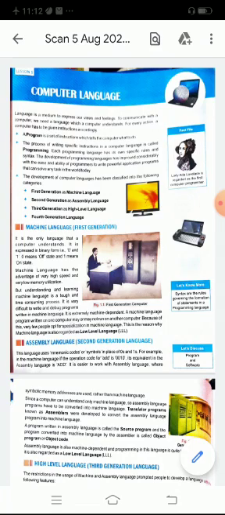First one, machine language, first generation language. This machine language is the only language that is understood by the computer. This language is written in binary form, means zeros and ones are used for writing code. This has 2 advantages. One is high speed and the second one is low memory utilization. But it has so many disadvantages like